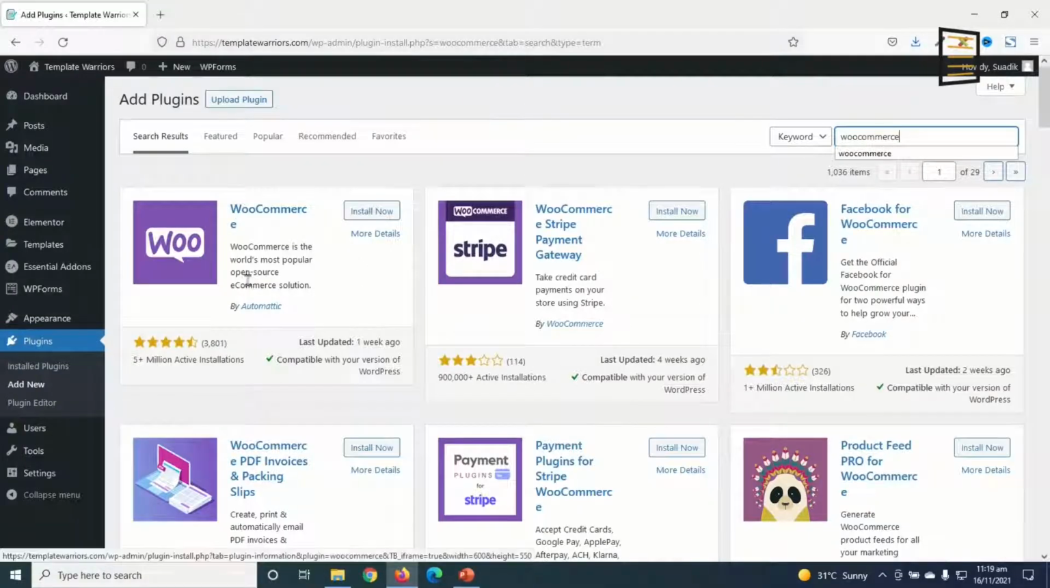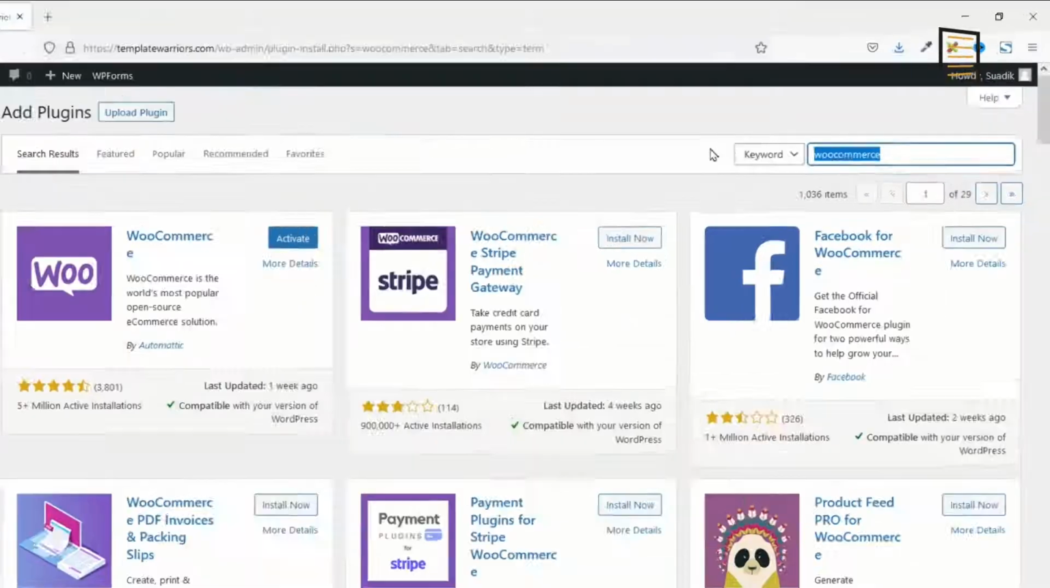So this is WooCommerce by Automattic. With WooCommerce, you'll be able to convert your website into an online store. I go ahead and install now. It is installed, but I won't activate it now. I search for another plugin,